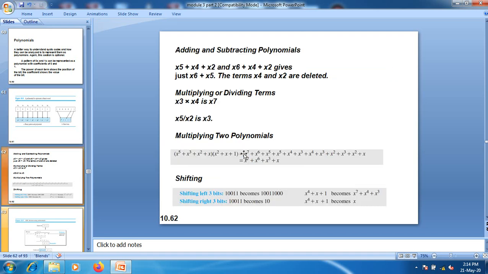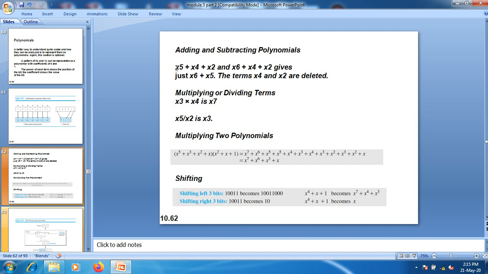We are performing certain operations on this polynomial, that is, addition and subtraction. When it comes to addition and subtraction, if you have identical terms, their coefficients are added together. When it comes to the modulo 2 division operation, we have a different approach here. Whenever we have identical terms, in that case we need to delete a pair of identical terms.